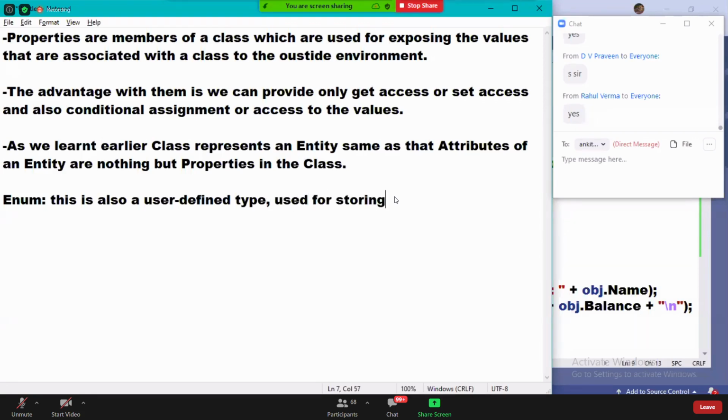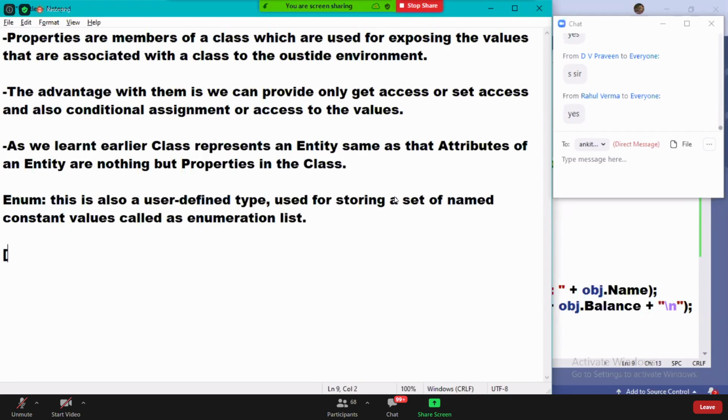storing a set of named constant values called an enumeration list. Guys, listen. This is a user-defined type used for storing a set of named constant values called an enumeration list.